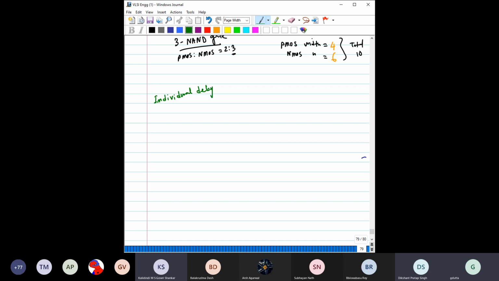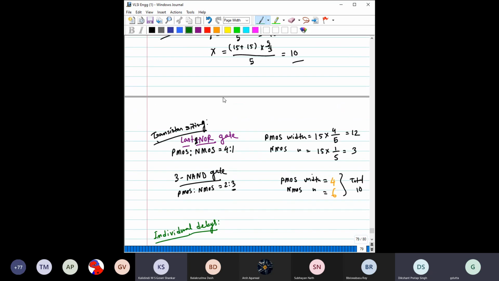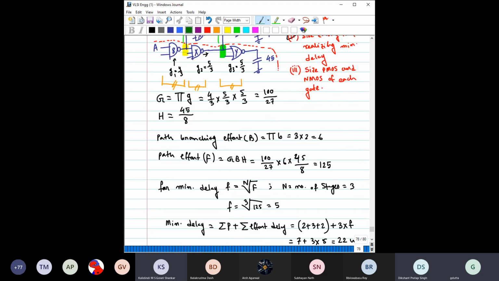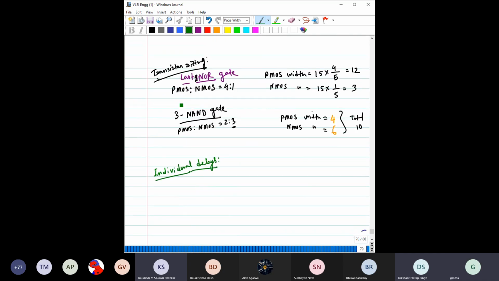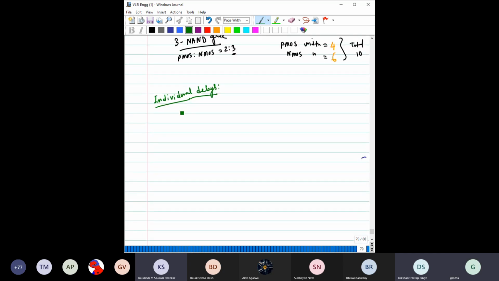Individual delays. Right. So now we have to find the delay for this. Let us start from here. The first one, stage 1, stage 2, stage 3, individual delay. Okay, so first, the 2 input NAND gate. For the 2 input NAND gate, it is D equal to P1 plus G1 H1,